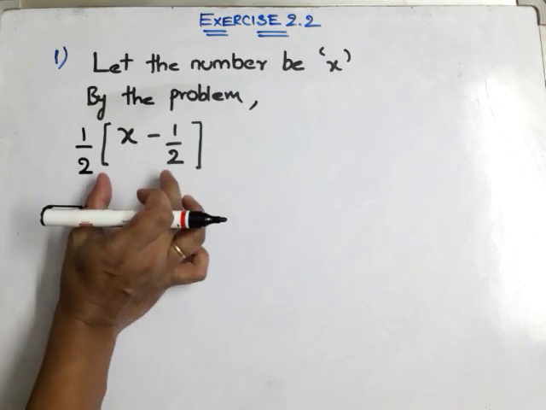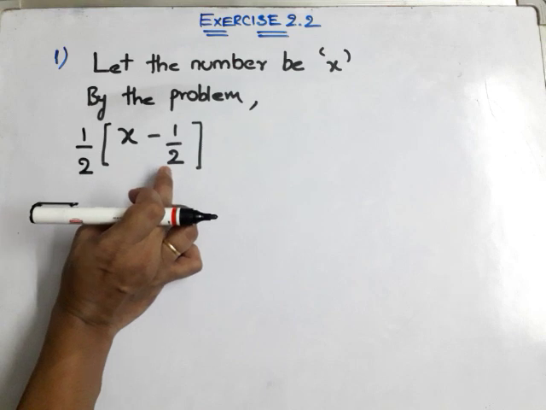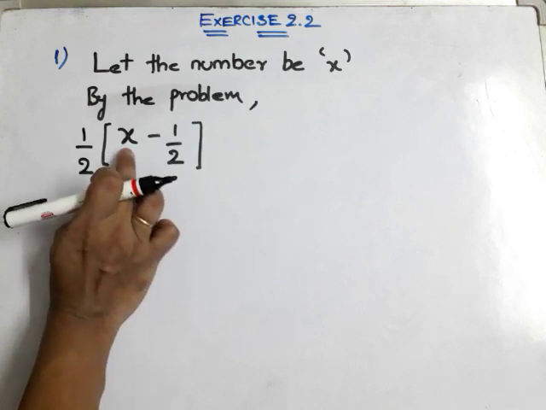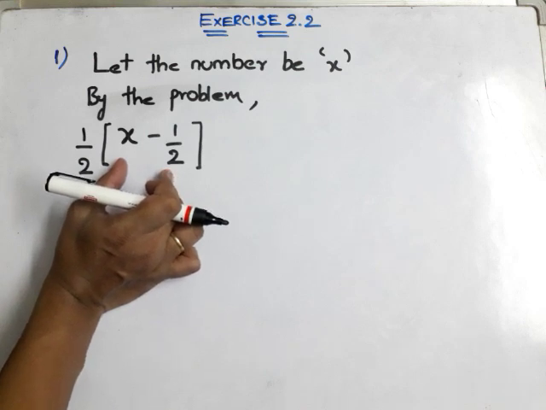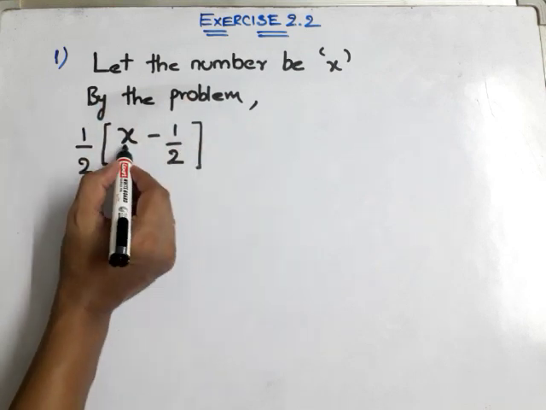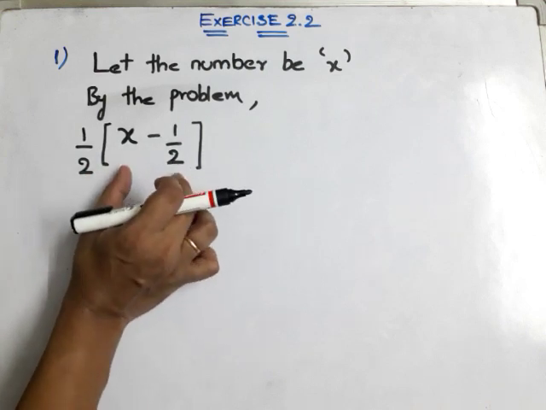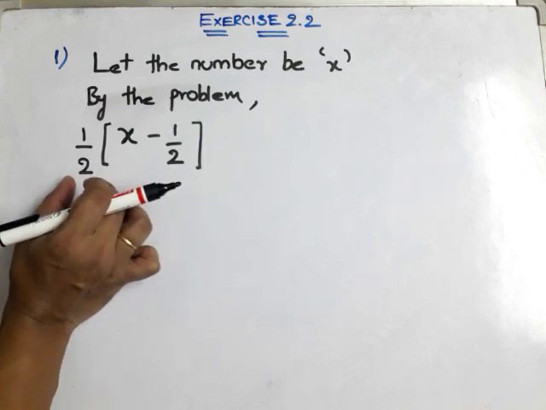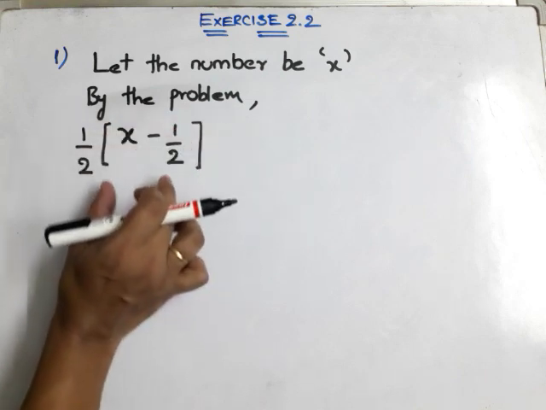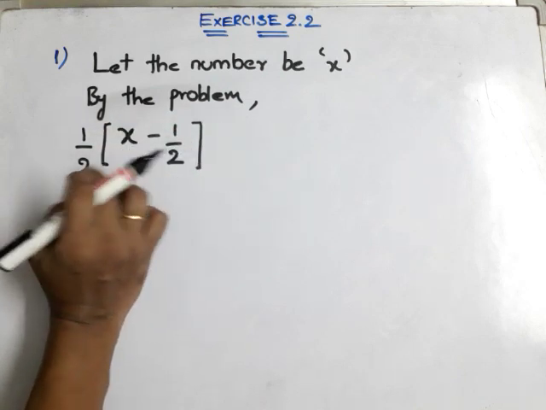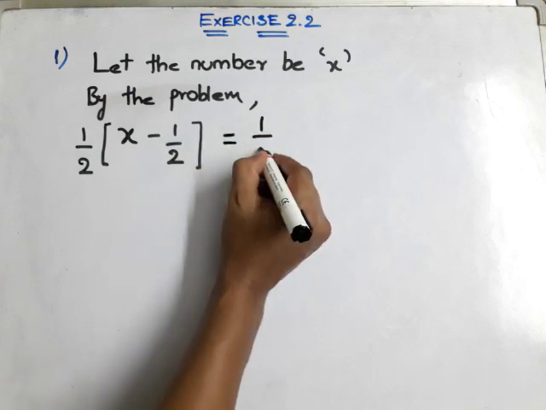Hope you are clear. In the first line, they asked us to subtract the number with half. That means half should be subtracted from x. So please be careful. Here is the area where most of the people will go into confusion. From the number, hence x should come first and you should not write half minus x. Once you are done with that subtraction, they told us to continue with multiplying the same result. Result means the one which is in bracket. Result by half, you will get the answer 1 by 8.